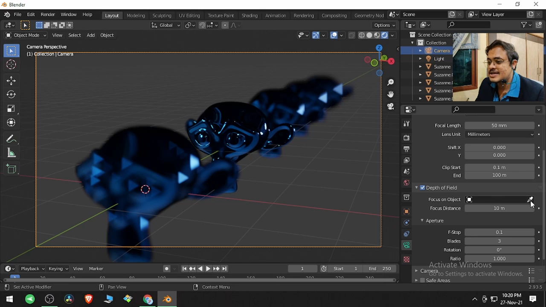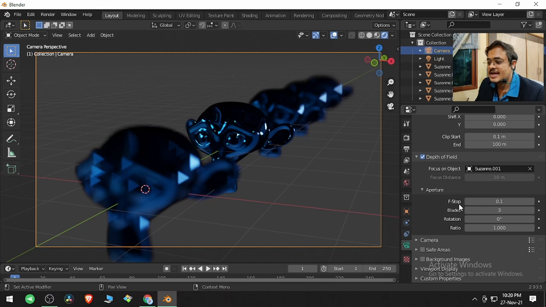I have selected the middle second object, second Suzanne as our focus element, and then I have reduced the f-stop under aperture to 0.1 and increased the blades to 3. Initially this will be like this, but I created 3 so that I could show you the differences. So this is what I have done prior to the video.